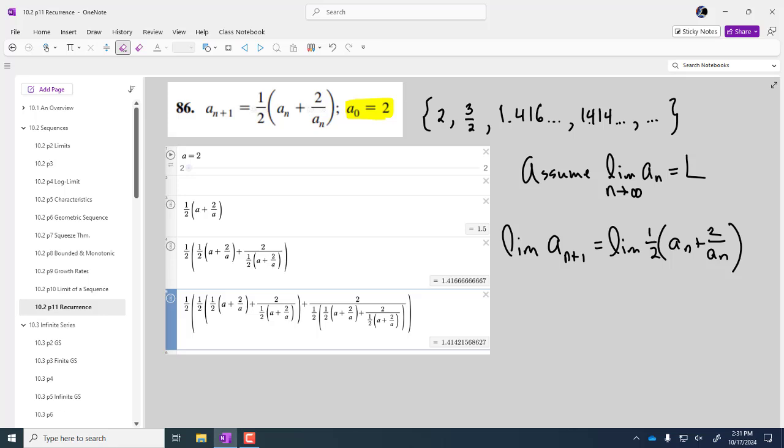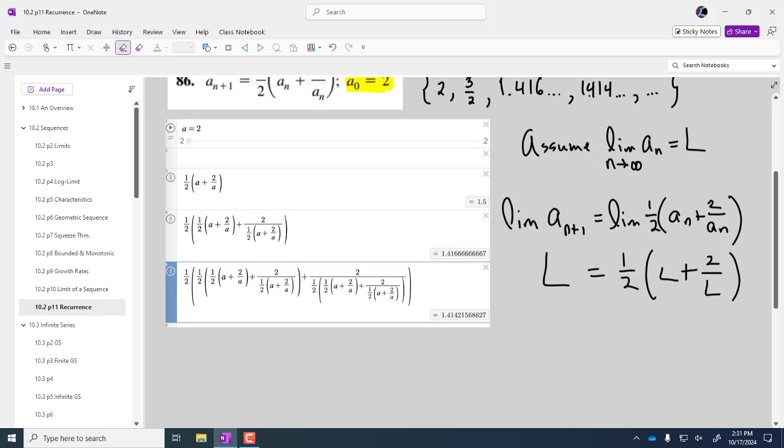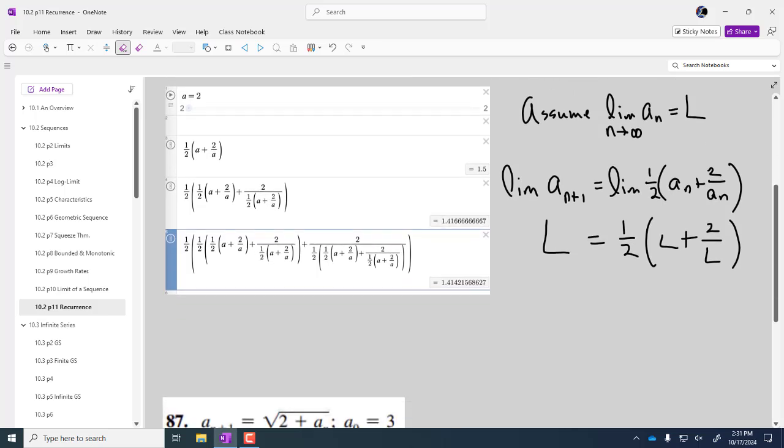But it doesn't matter, because the limit of a sequence depends on the tail. You can chop off as many terms as you want in the front. It does not change the limit. So if you've got these two different sequences, their indices are slightly different, but it doesn't matter. Their tails are the same. This is going to be L equals 1/2 times L plus 2 over L. The limit can distribute,